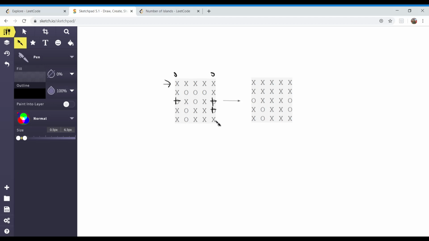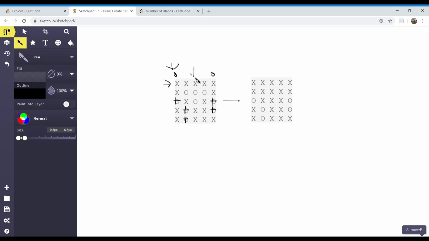Then we are going to perform a similar approach on all the columns, checking the zeroth row and the last row. So for this particular column, both the zeroth and the last row are X, so keep as is. Zeroth row is X, but the last row is O. So we are going to change its value to the special value. Also, if we check its surrounding region, this is O, so this one also gets converted to the special value.